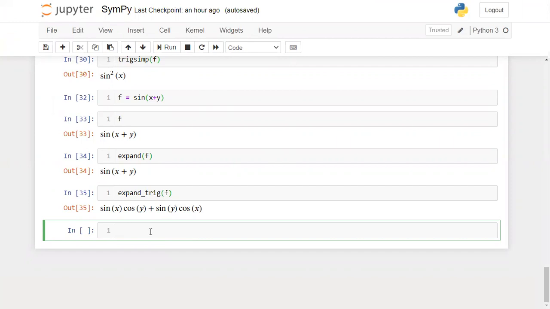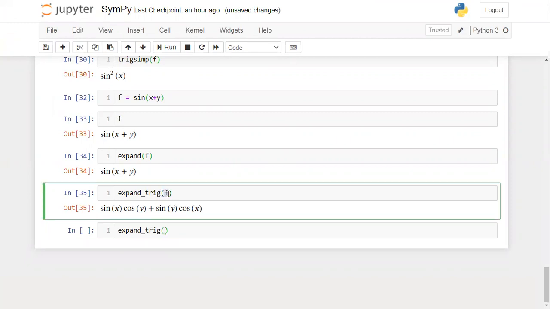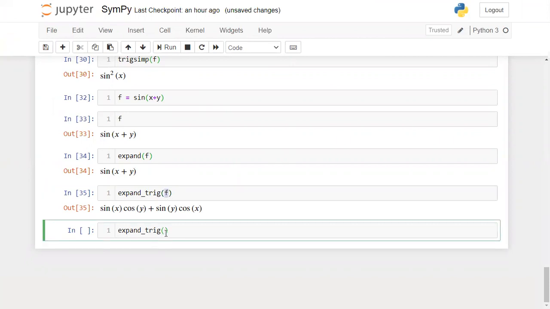Now let me use expand_trig on another function. Instead of creating an expression and then passing it to this function, you can write your expression directly here. Now I'm writing tan 2x.